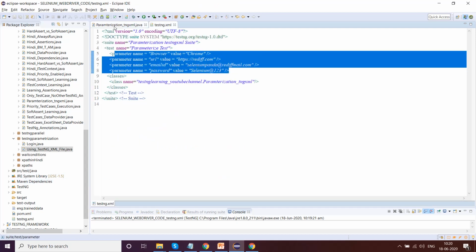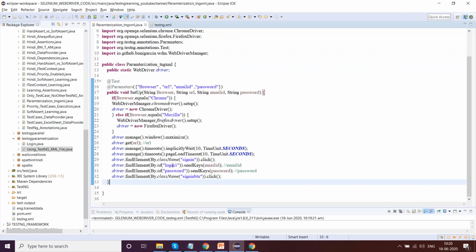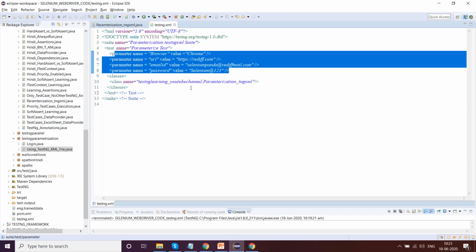Typically you don't have to hard code these things as well. You can just use the parameter names here, the ones which you are hard coding. So you're not exposing your input data, you're keeping it very secluded, and this is also working like a small utility.